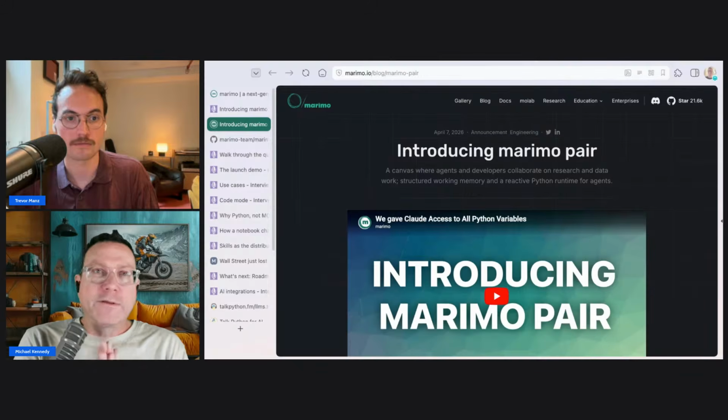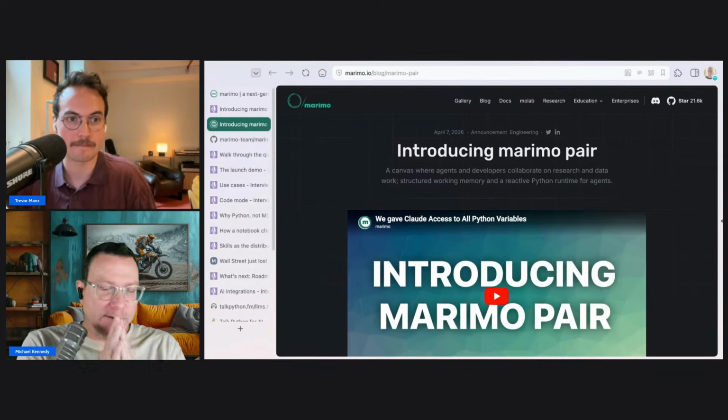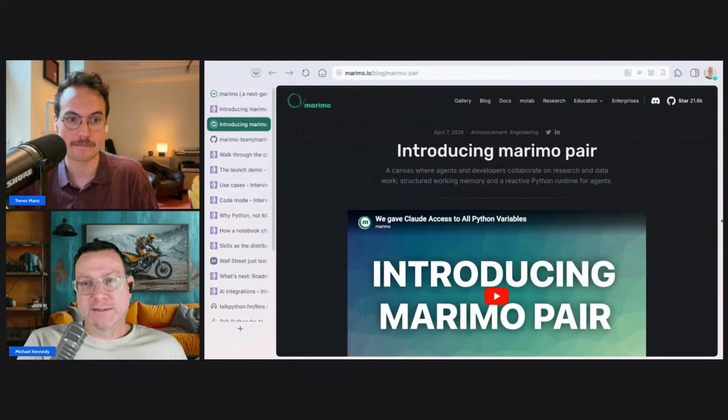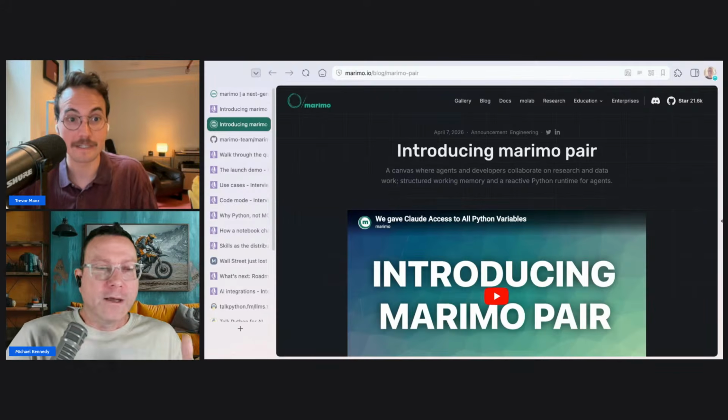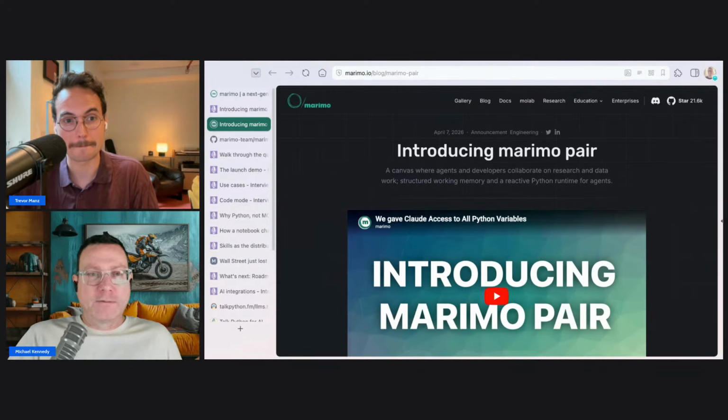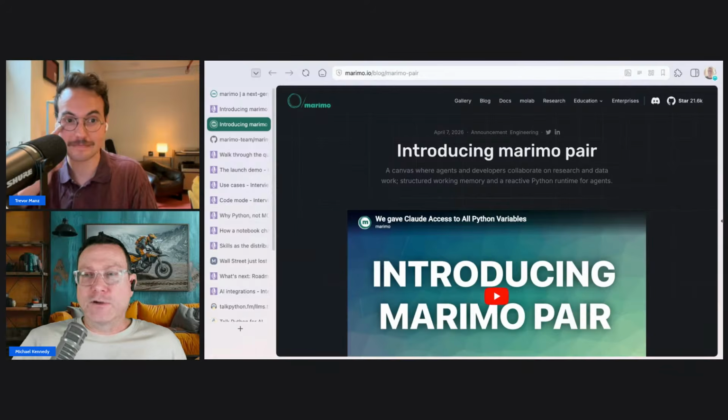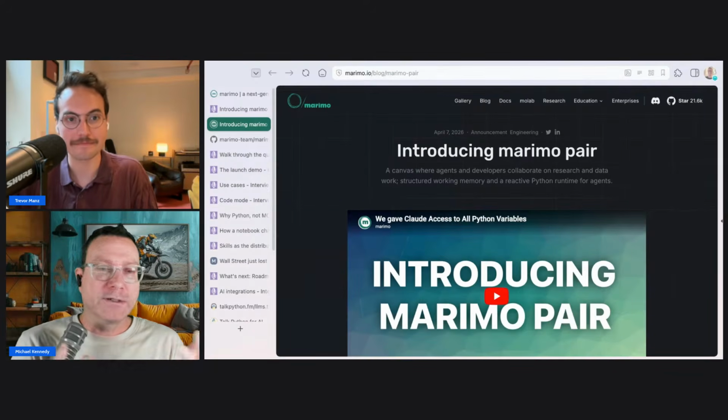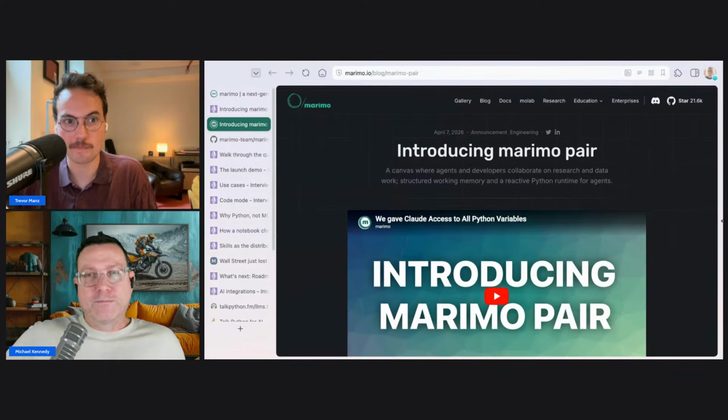I think another thing that's really nice, hat tip to the name here, is pair programming, right? If you were actually pair programming, you could just highlight something on the screen and go, what do you think about this? Whereas with the traditional Claude Code just in the terminal, you've got to describe it a lot, talk about the file. You can't just have it ambiently there.